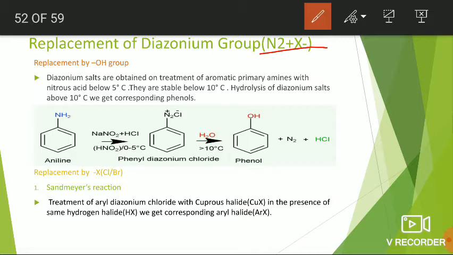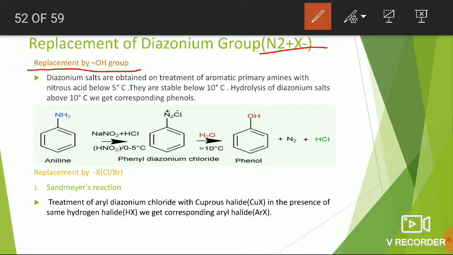Okay, replacement of the diazonium group of diazonium salts. The first one is replacement by the OH group. How can we replace the diazo group with a hydroxy group? Aryl diazonium salts, or aryl diazonium ions, are generally obtained on treatment of aromatic amine, sorry,